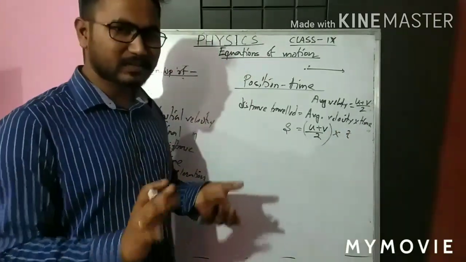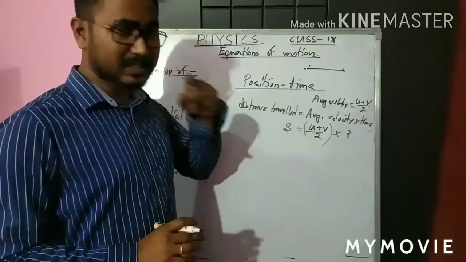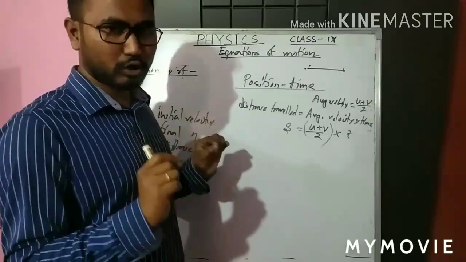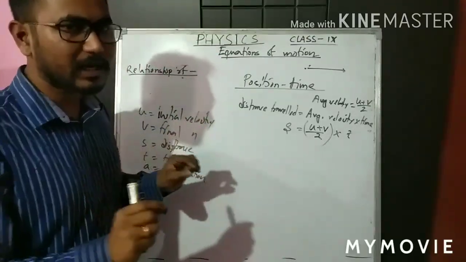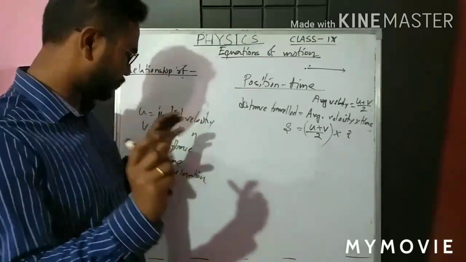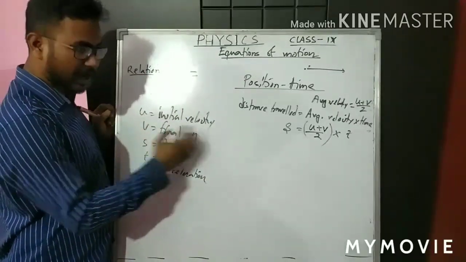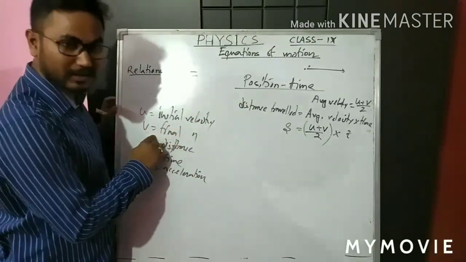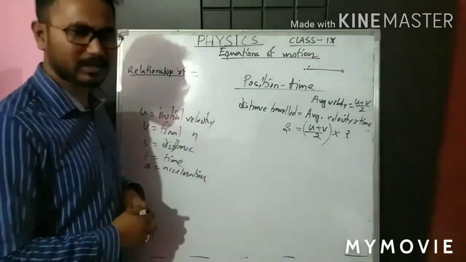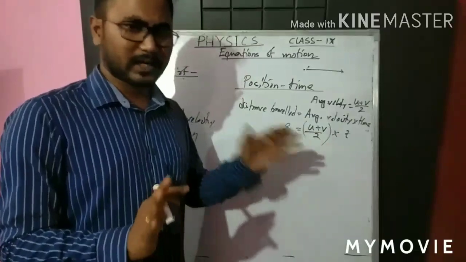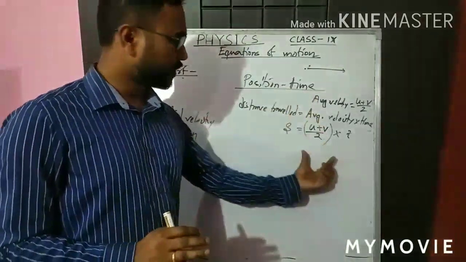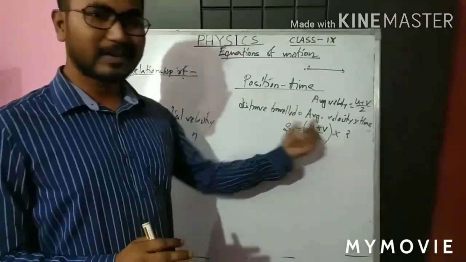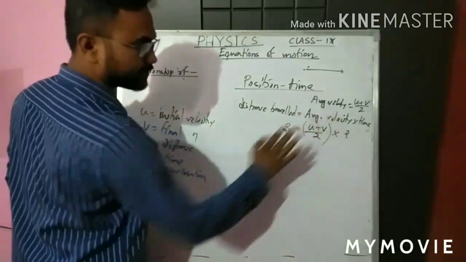Now one important thing: what relationship are we finding out? Position time. So in this equation the relationship should be in terms of position and time. There should be no other variable. But here you can see v is present, and in my first explanation I told you v is a variable term. Here s is present and t is present, I can understand, because we are finding the position time relationship. So s and t should be present, but v should not be present here, right? Because v is another variable. So you have to replace v.